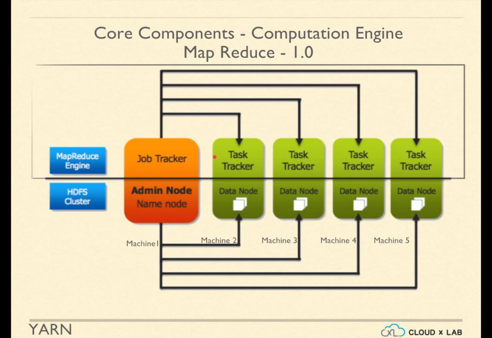MapReduce 1.0 also performed the sorting and ordering required as part of MapReduce framework. The MapReduce framework was very restrictive. The only way you could get your work done was by using the MapReduce model. Not all problems are suitable for MapReduce kind of model. Some of the problems can be better solved using other frameworks. That's why Yarn came into play.